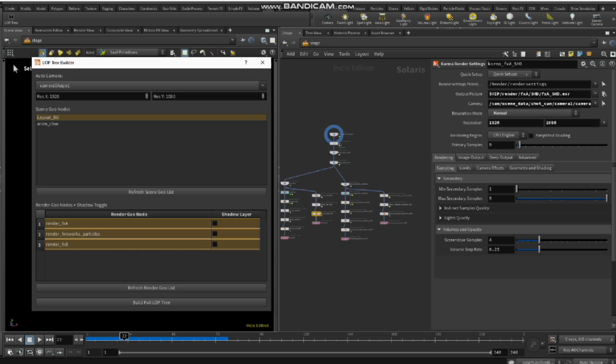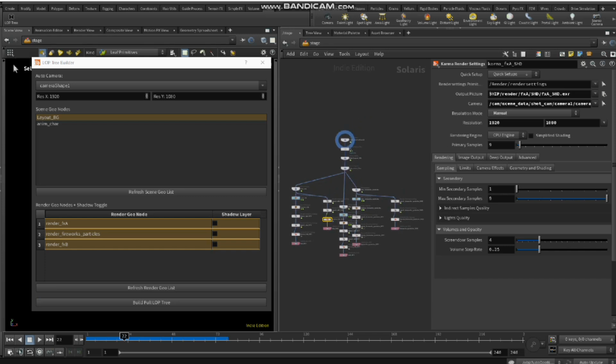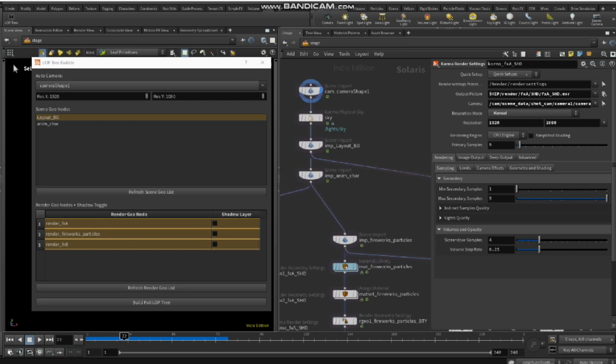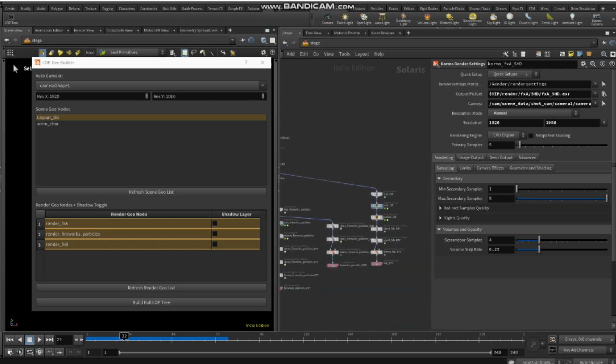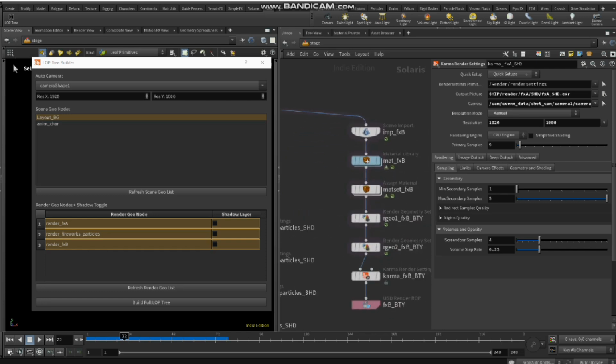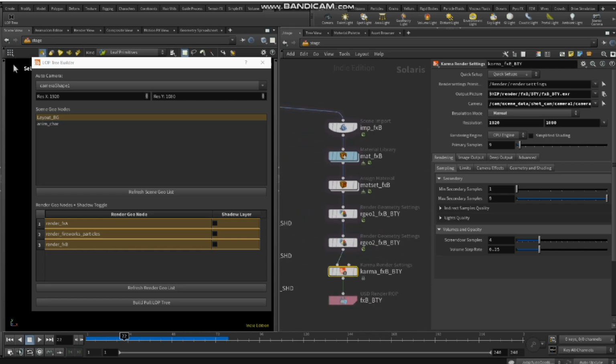Even if these layers are selected, it won't make any difference because they are already in the scene. So let us see what happens if we select render fxb and build the tree again. So you can see that it connected it from the layout bg and it ignored character, and from there it created the same hierarchy with proper naming structure,